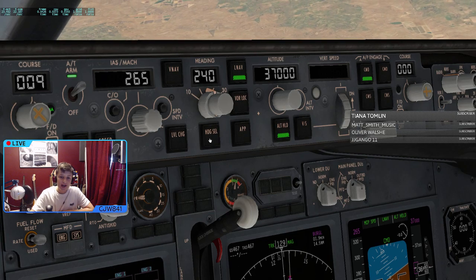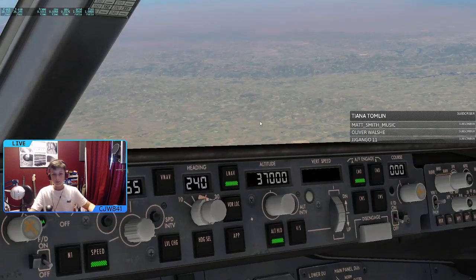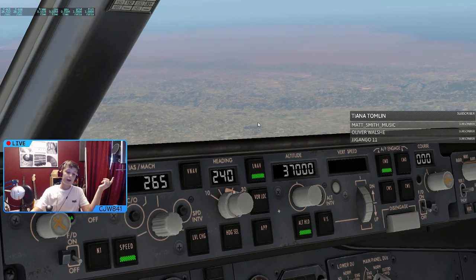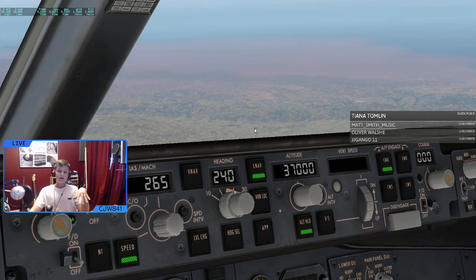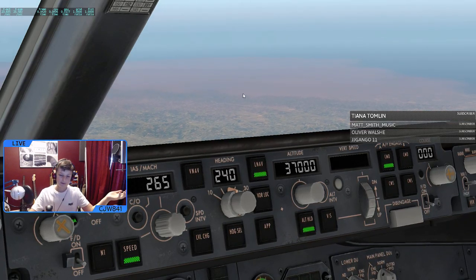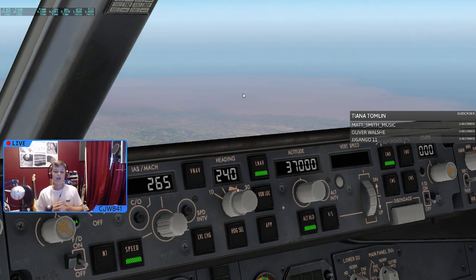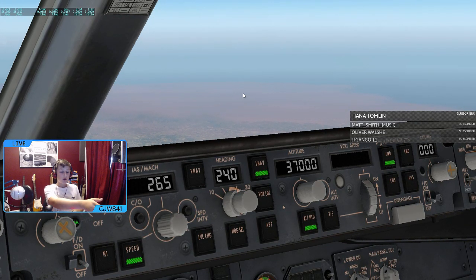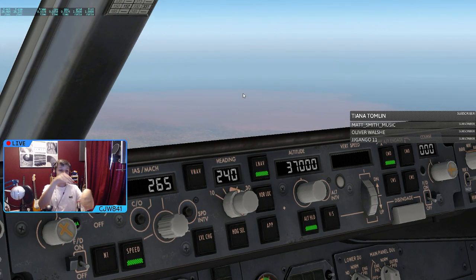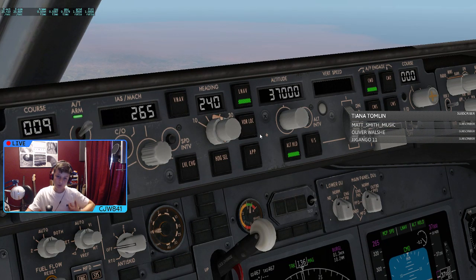And if I was to press heading select, it would move us to that heading position. So then we know where to head. Usually that's when ATC gives you instructions, and they're like, "Delta Airlines 2556, fly heading 240, vectors for the visual runway." So it's saying fly heading there, and then you can see the runway, and fly down visually. You're going to land on runway 26 right or whatever, or 26